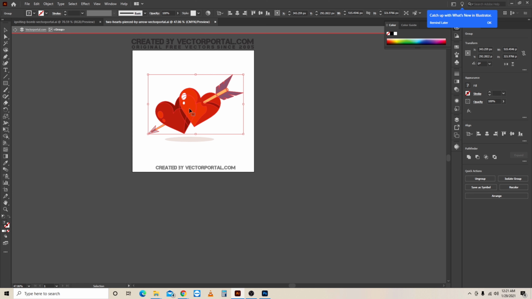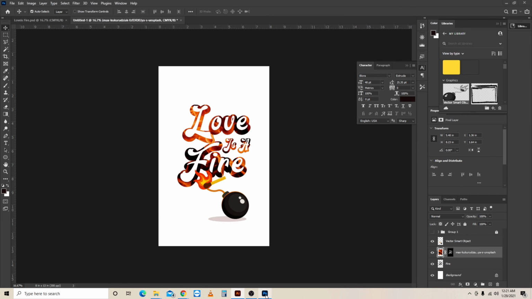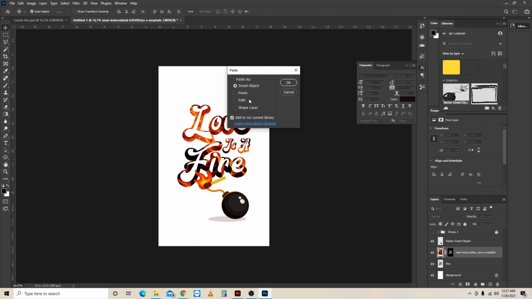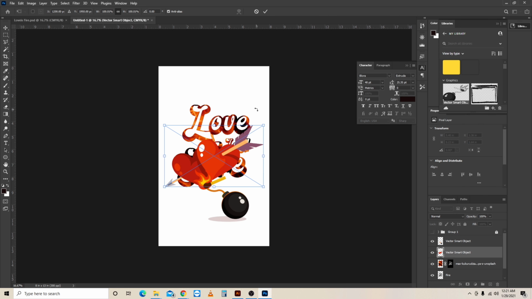We're going to copy this by going Control C, go back to Photoshop, and now we're going to drop it in here by hitting Control and V. And when you do that, it's going to ask you if you want a smart object. Yes, I do. And now you see it brought in the graphic. We can grab the corners. We can shrink it down. I'm going to maybe put that right